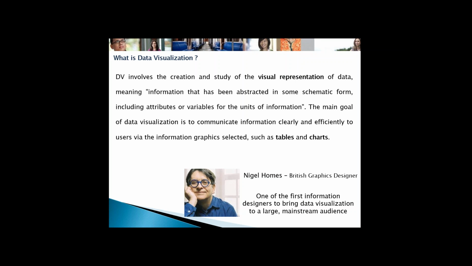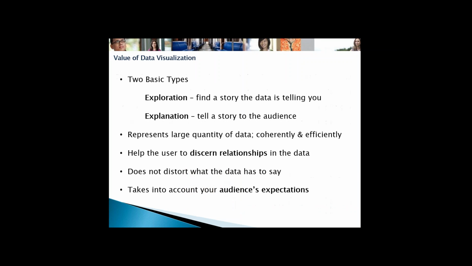Okay. Whenever we talk about data visualization, there are two types: exploration and explanation. Exploration is all about finding a story, and explanation is telling a story about that particular data. First of all, you explore and then only you can explain.